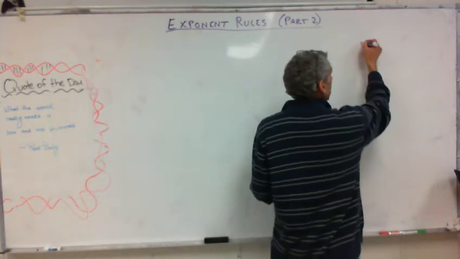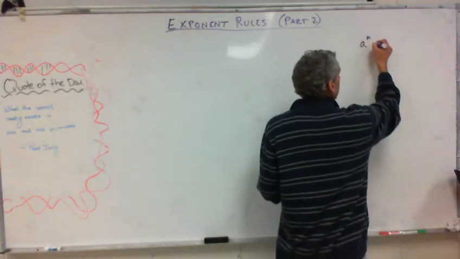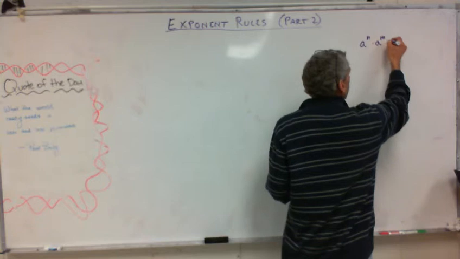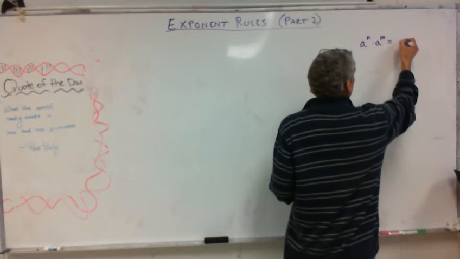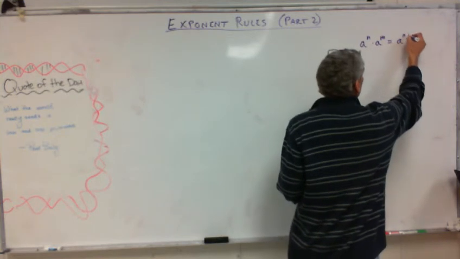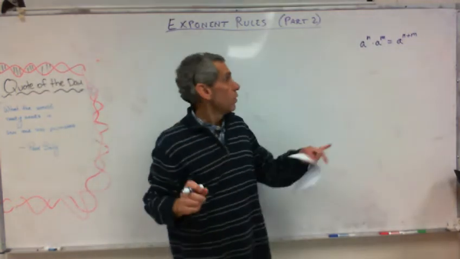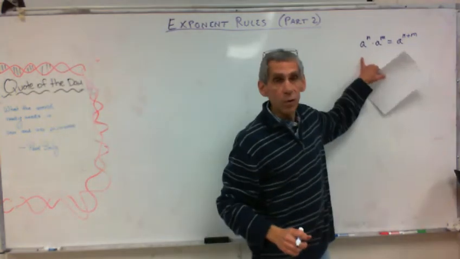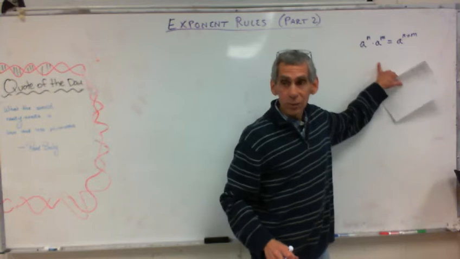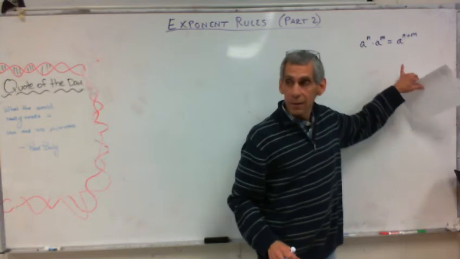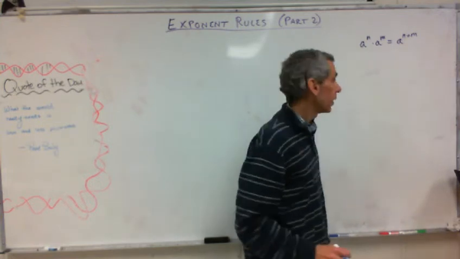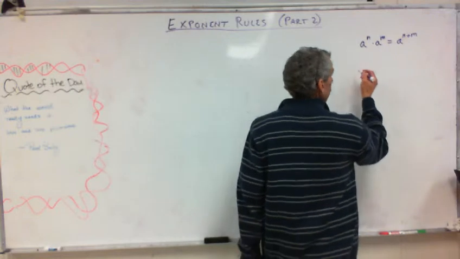We learned that a to the n times a to the m is equal to a to the n plus m. Remember that? So, same bases with exponents multiplied together. When you multiply them, you add the exponents, right? Okay. Another one we learned was